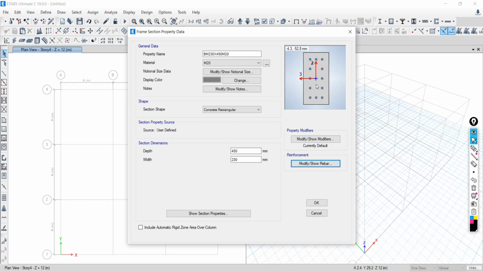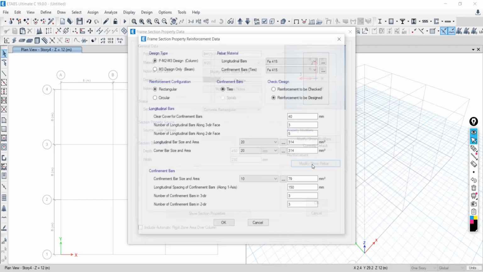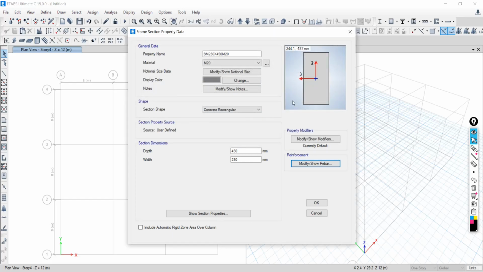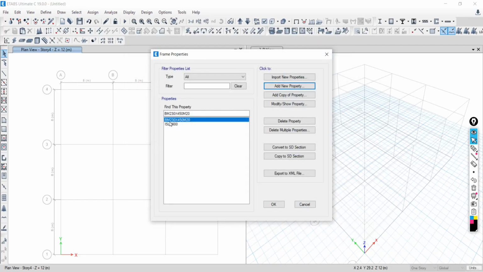So if you have the reinforcement representation, it means it is a column. And if you change to beam and say okay, nothing will be there. Is it understood? Just say okay, and a new section will be added.